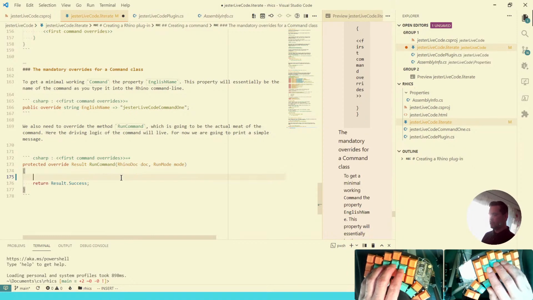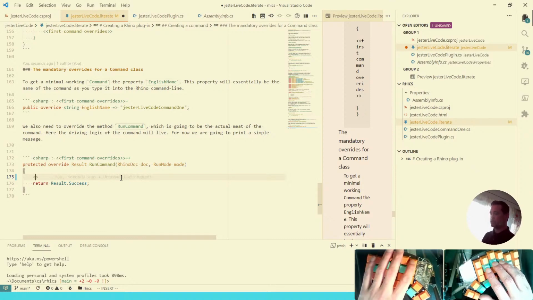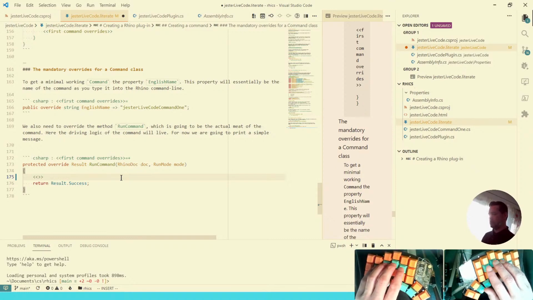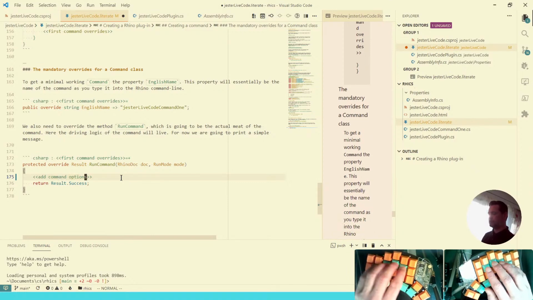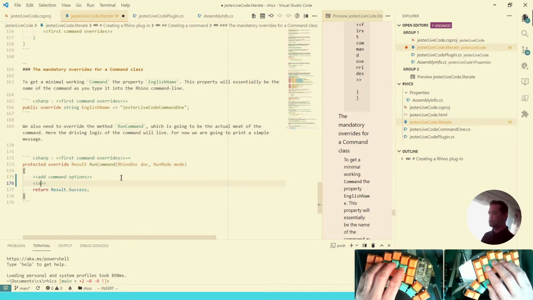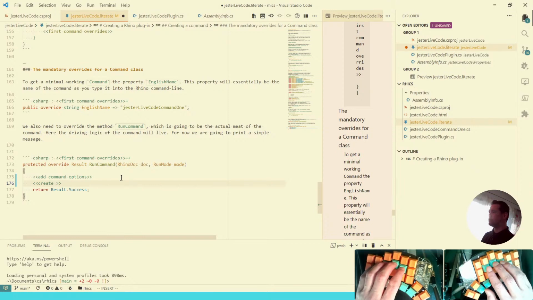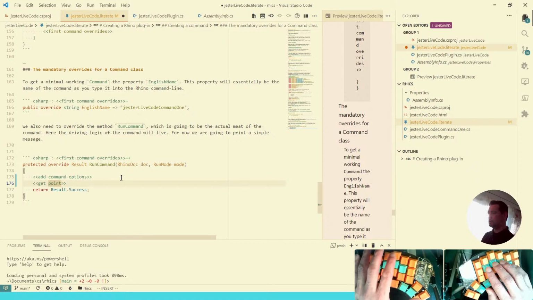The basic structure of this command implementation is going to be: add command options, and then create, or maybe GetPoint, and then there will be a loop in which we are going to go over